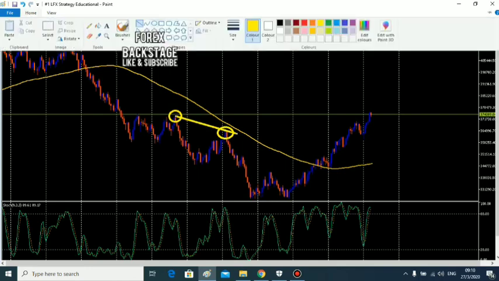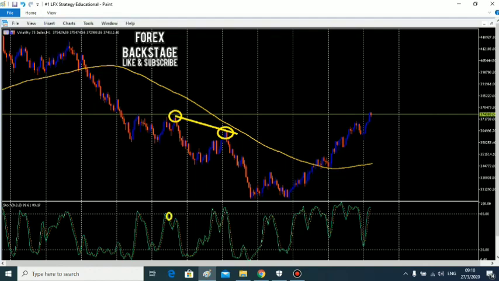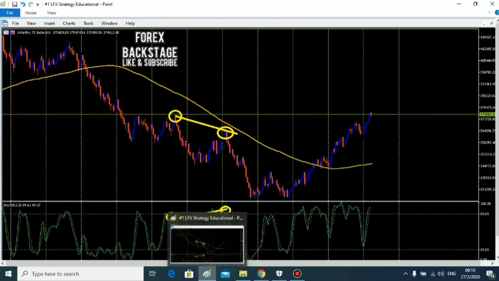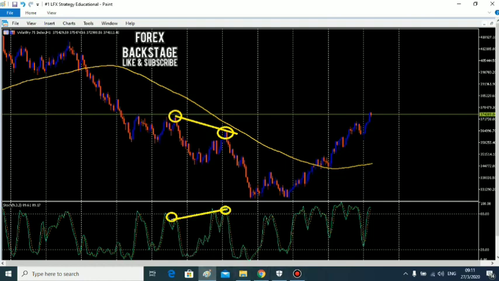Then we go on next to our oscillator. What is going on our oscillator? This is what is going on. What do we call this? Bearish trend continuation divergence. Yes, that's it. So what do? We sell here. Boom, there we are. So the moment you identify this,